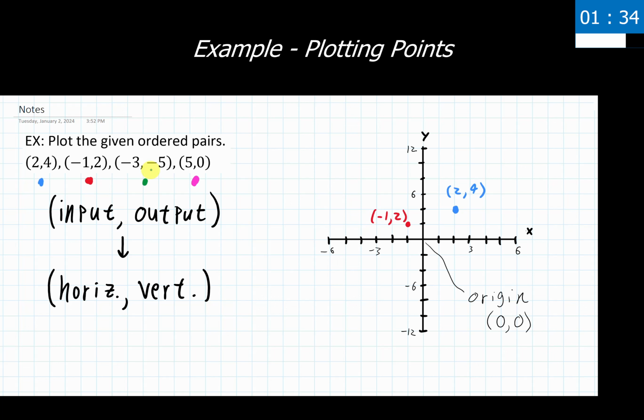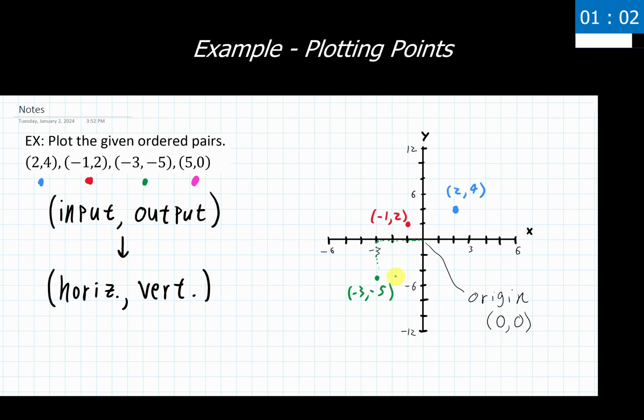So graphing negative 3, negative 5, I'm going to be counting over negative 3 places horizontally here, and then negative 5 vertically. So I'm going to go down by 5. Now because I've scaled this thing by 2's, that means where is negative 5? It's going to be right in the middle here. So I'm going to have to come down to about there. So it's halfway between 4 and 6. And go ahead and label that.